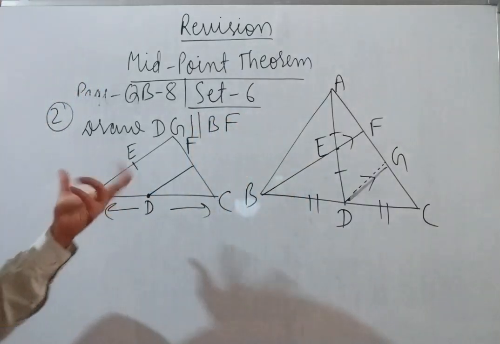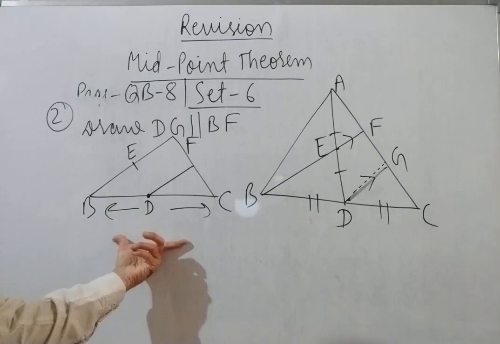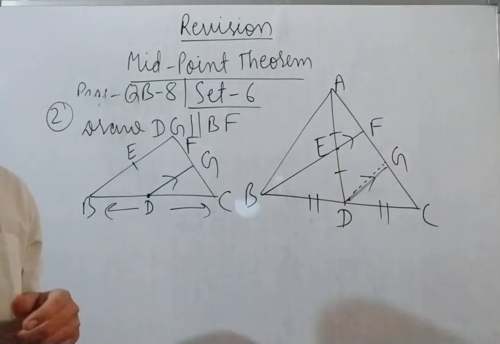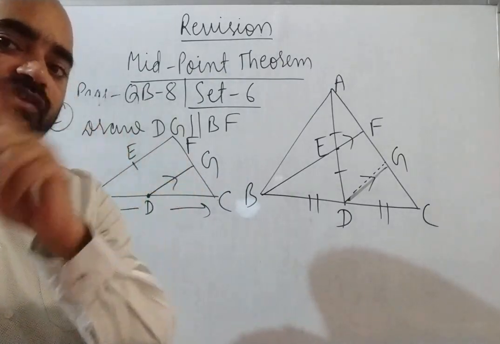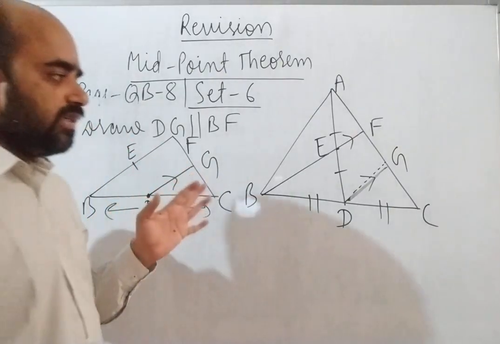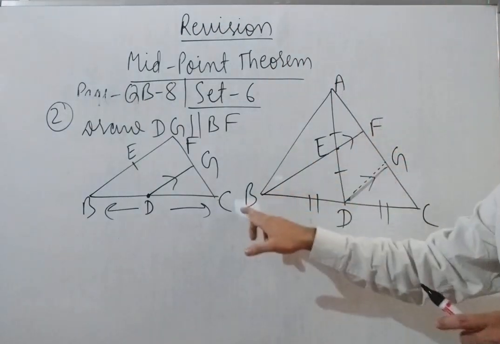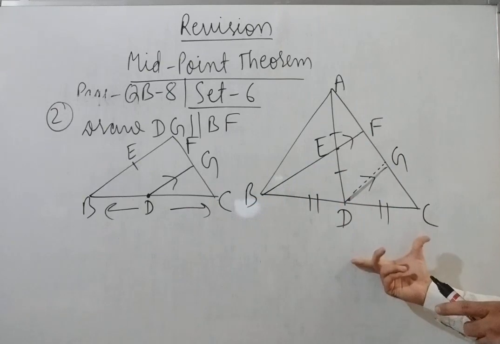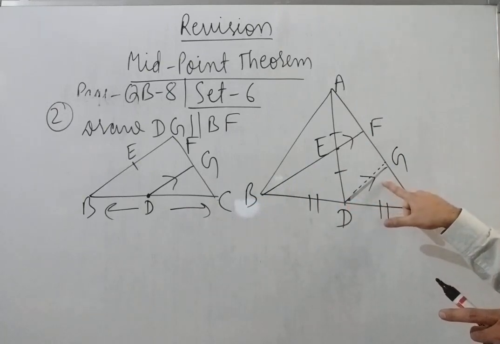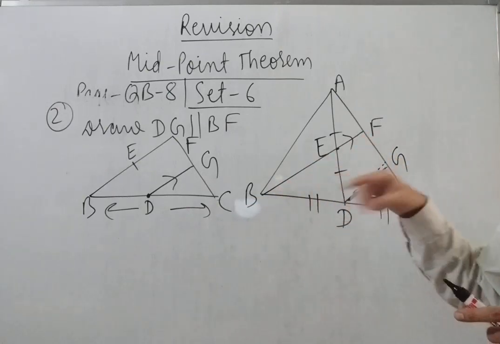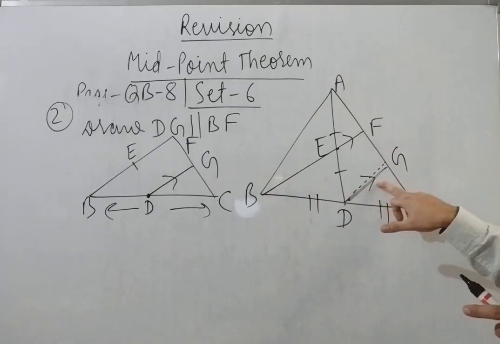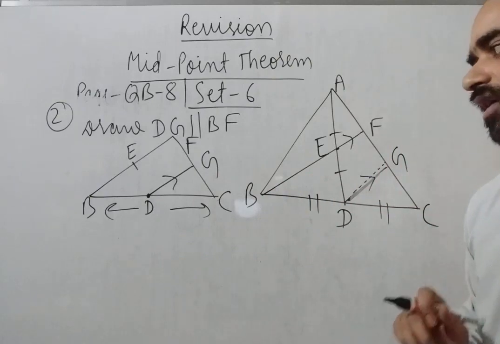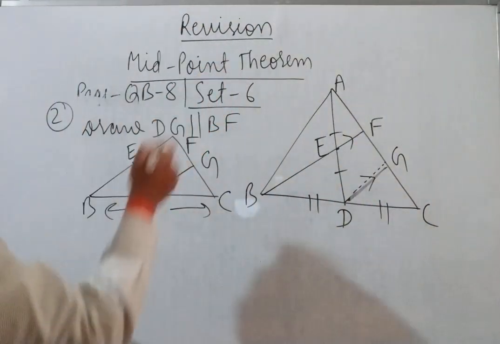Clear? So what is the advantage? See, D is the midpoint of BC and DG is parallel to BF. It means what we can apply? Converse of midpoint theorem. Why? The condition is given what? In a triangle, if two conditions are given, which two conditions? D is midpoint of one side, from the midpoint line segment is parallel to the second side. Therefore, by the converse, this line segment will divide this third side in equal parts. So, by the converse of midpoint theorem, what?